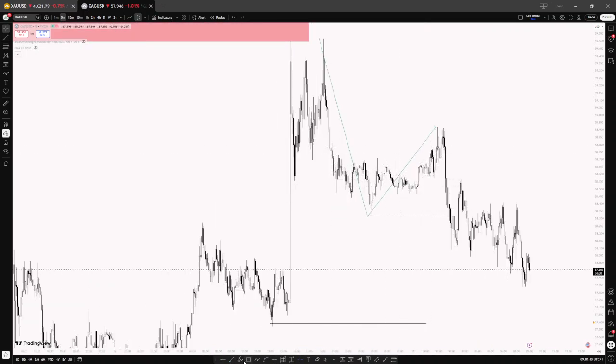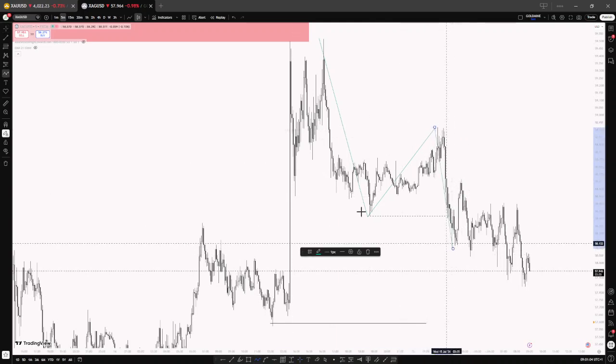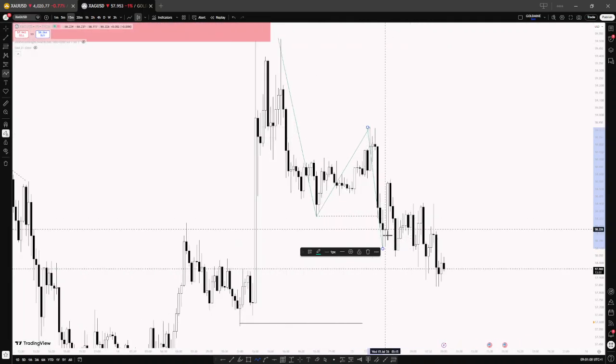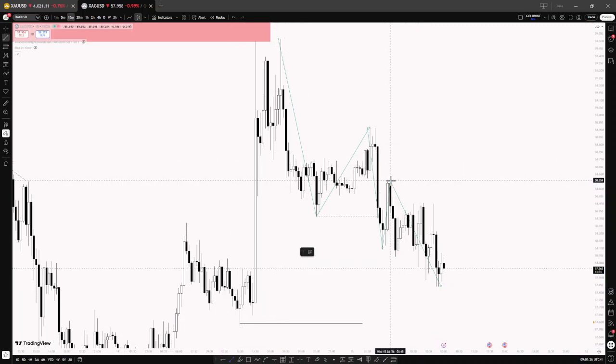So marking out the order structure, you can see that we have this low. On the 15 minutes time frame, you can see we took out this low, then finally went back high, and then now we have closed below this. Don't be fooled, all of this is one structure. I'm not looking at different structures. So following the ABC rule, this is an A, B, and C, and I will be looking to take my trade above this high.